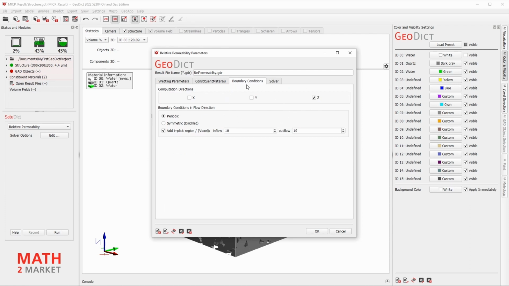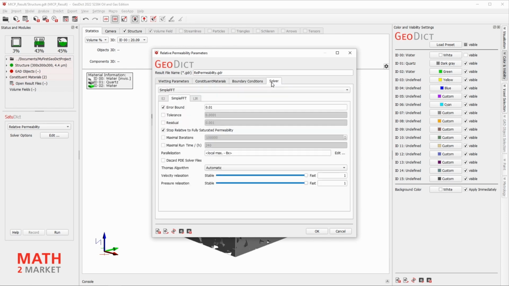In the boundary conditions, you may set up the computation direction of FlowDict, as well as the boundary conditions in flow direction. In the solver menu, you might not want to use the simple FFT solver, but the LIR solver.